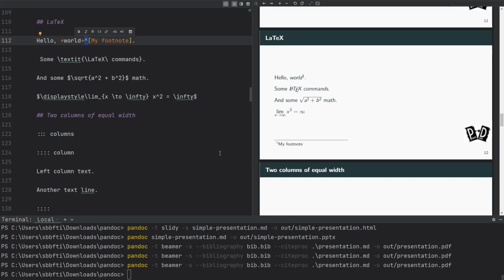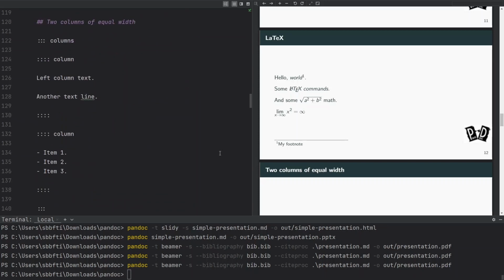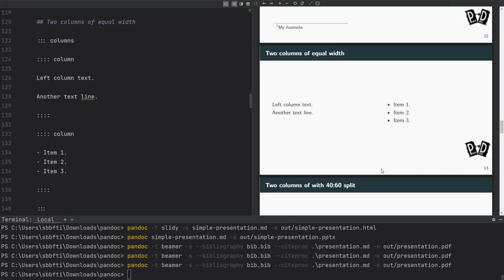So this, I think, is also very nice because you can have complex math equations. If you want, you can also have 2 columns, because right now we have seen that all the content is not divided in 2 columns, but we can also divide it in 2 or more columns. So in order to add columns, you need to add them using this command here. So it's 3 colon symbols, a space, and then you specify the columns, because what is wrapping inside are the 2 columns. So we have the first column here and the second column here. On the left side and the right side, inside the column, you can then specify whatever you want, but you just need to make sure that here you're putting 4 and here you're putting 3. If you put the wrong number, then your document is not going to compile, it's going to give you an error, or it's going to be formatted in the wrong way.